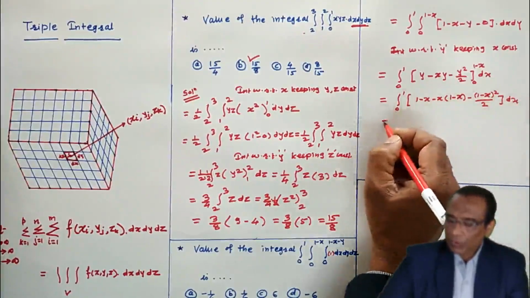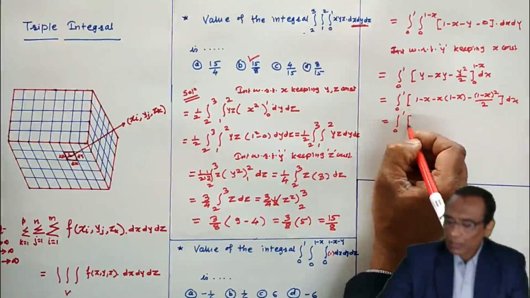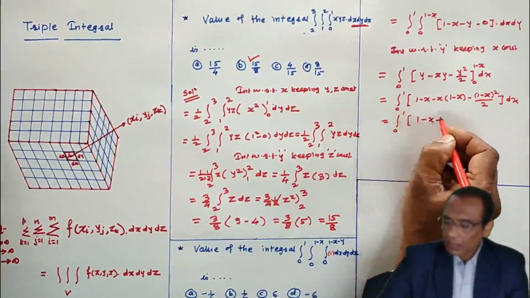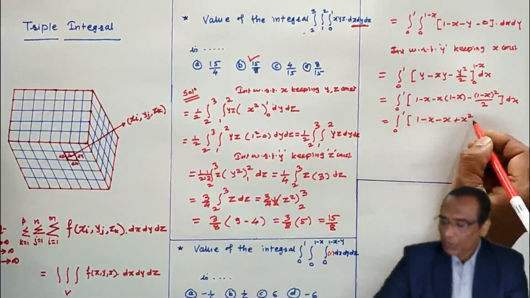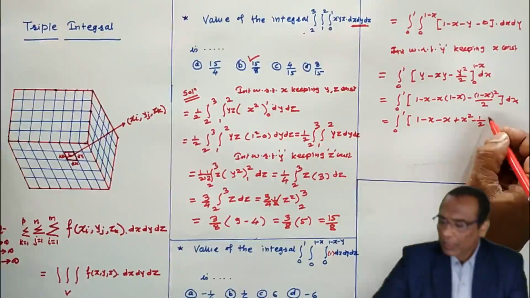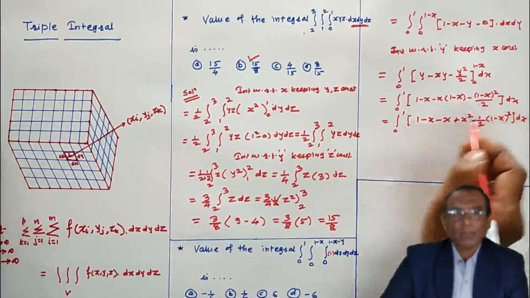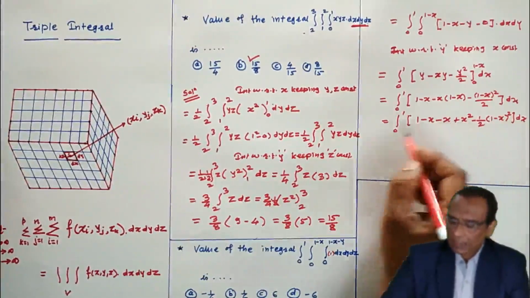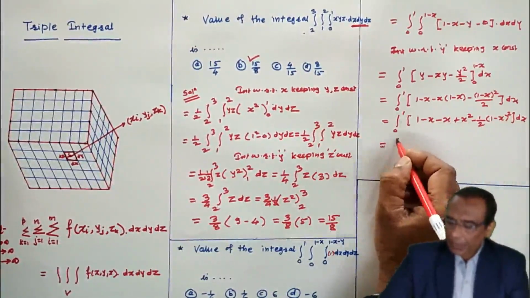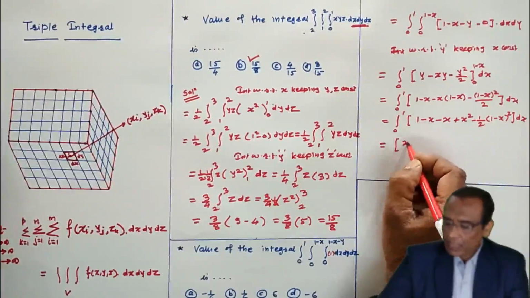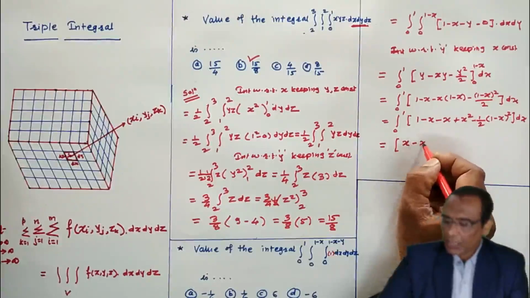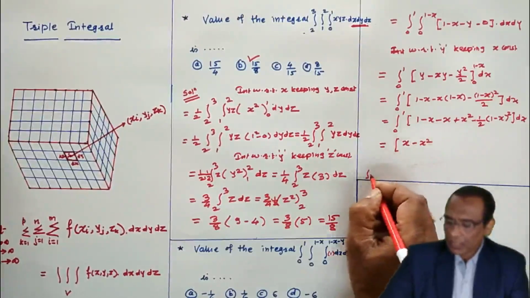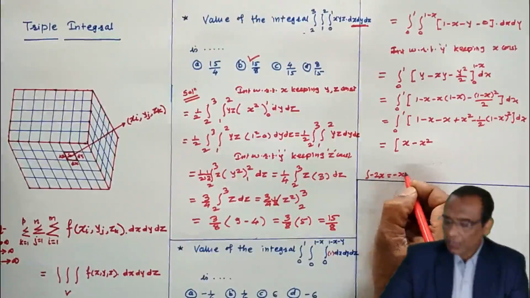Now try to simplify for one more step. 0 to 1, 1 minus x, this minus x, minus minus plus x square. You can expand this one, or you can keep 1 minus x square as it is also. It is your choice. Now a single variable is left, only x is left. Integrate with respect to x. Integration of 1 with respect to x is x. Integral of minus 2x, directly writing, is minus of x square.